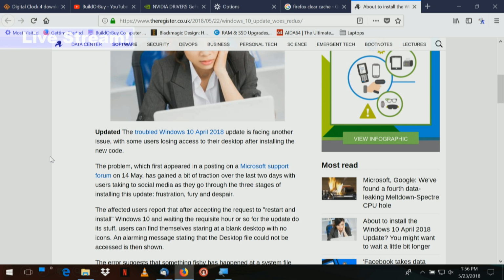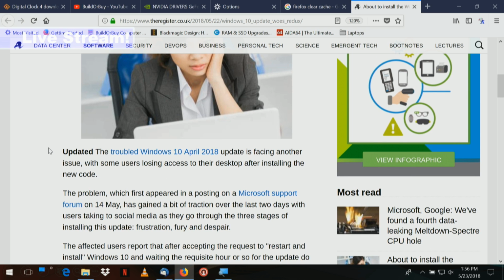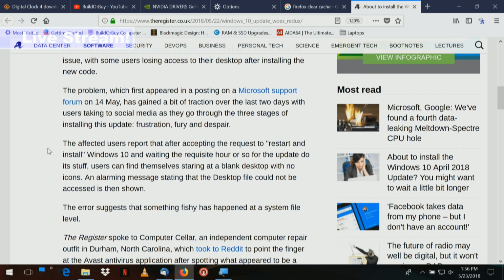Some users are losing access to their desktop after installing new code. That sounds like fun. The problem first appeared in a post on a Microsoft support forum on May the 14th, and has gained a bit of traction over the last few days. The affected